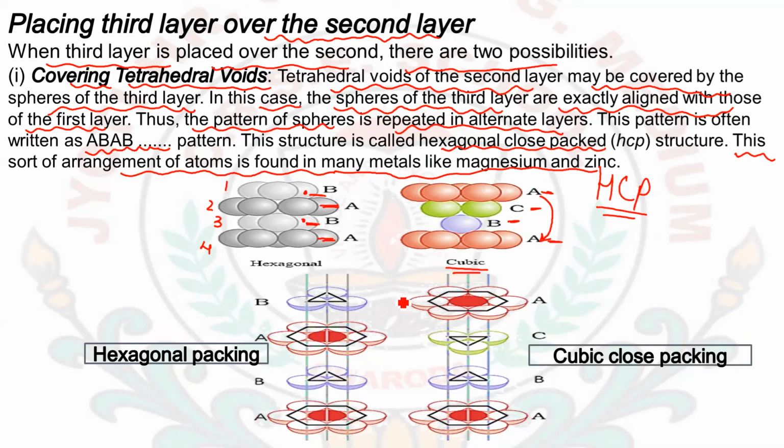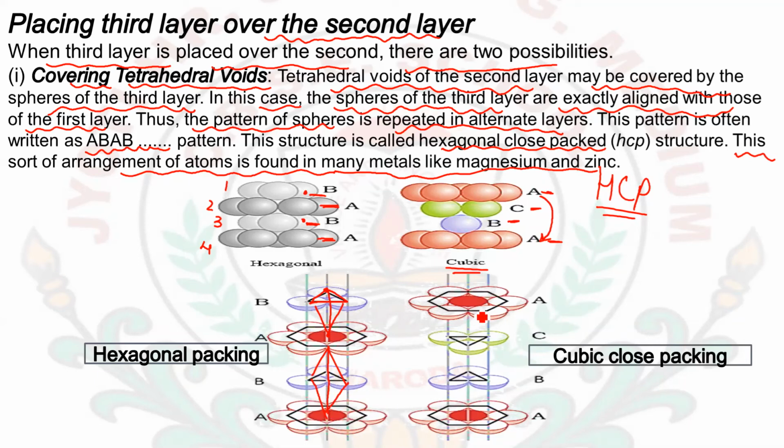This type of arrangement is shown in the cubic arrangement. Here you can see more easily that first a triangular arrangement is seen, a triangular shape is left out, and here the covering is done, so it is forming a tetrahedron. Next, here also hexagonal packing is there, then again a triangular packing, and here it is a tetrahedron. Here also hexagonal packing is there, so here also it is a tetrahedron like this.